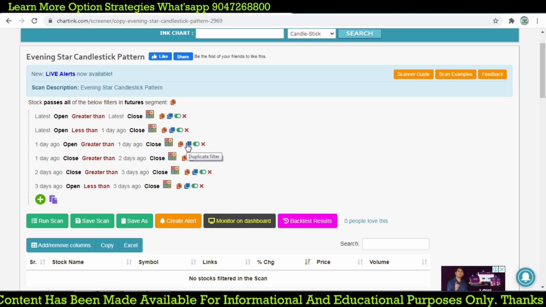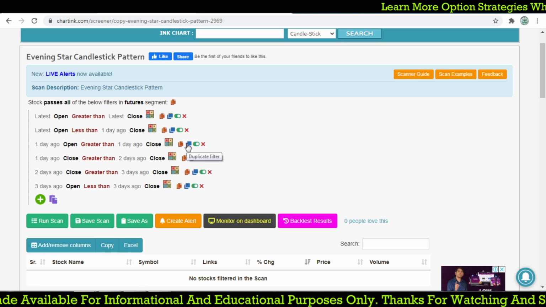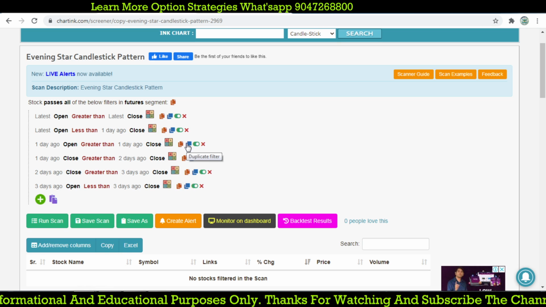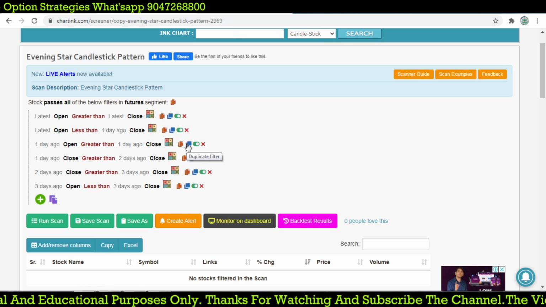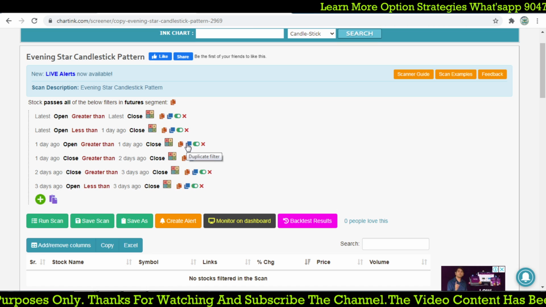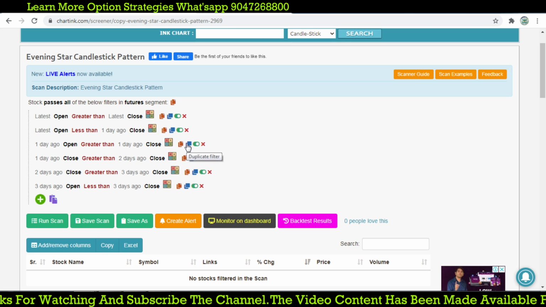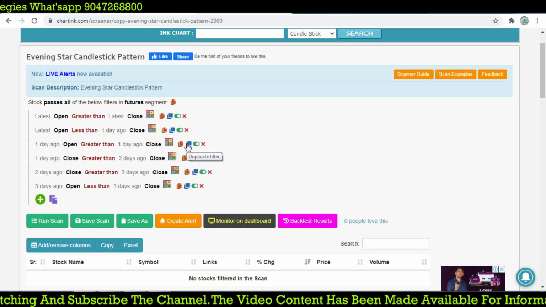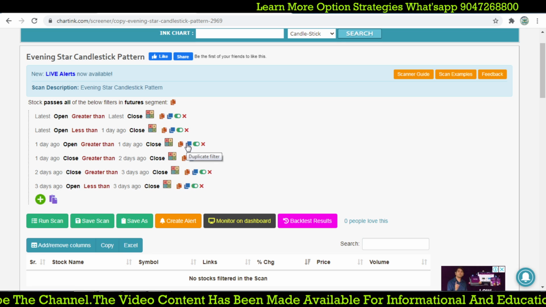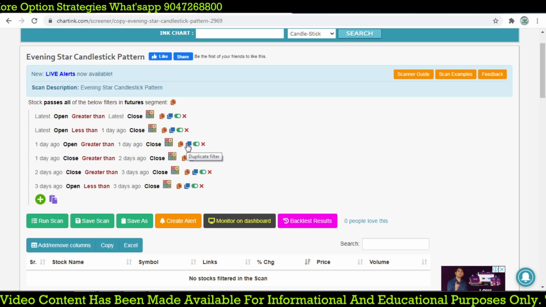So we normally take the number of candles. In a single candlestick pattern like a doji, hammer, or shooting star, we are taking only one single candle. And for double candlestick patterns like engulfing, dark cloud cover, or piercing line, we are comparing two candles. But this one we are going to take three candlesticks, which will give you information about the market reversal based on the three candlestick pattern.